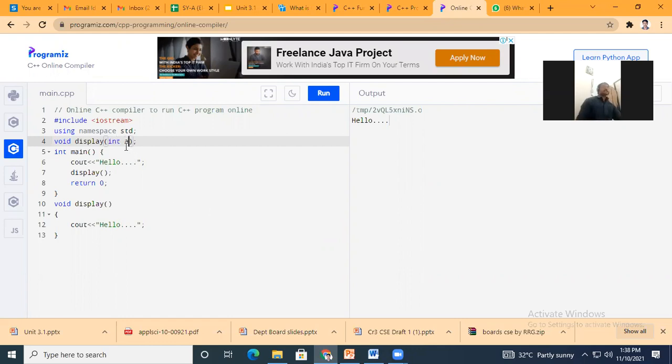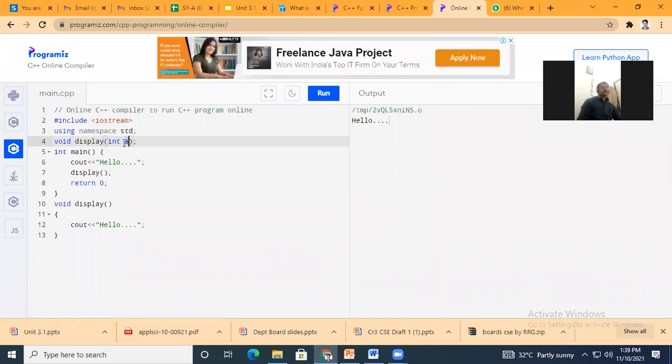Last time also we discussed, the name of variable is not mandatory. What is mandatory? The data type of that variable. When you pass the function parameter in the declaration or definition, at that moment the name of variable does not matter a lot. What matters?